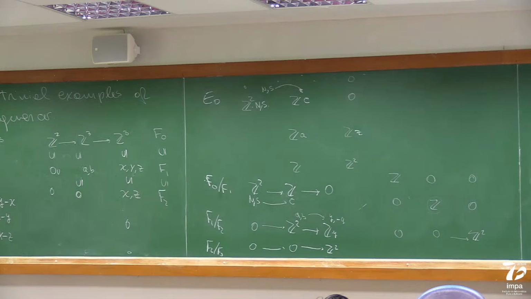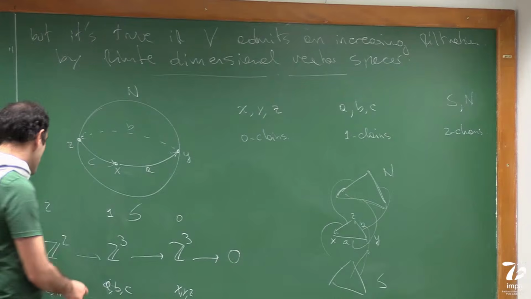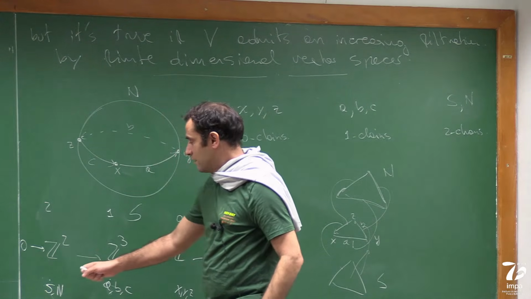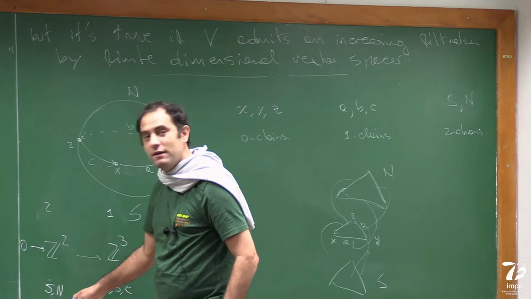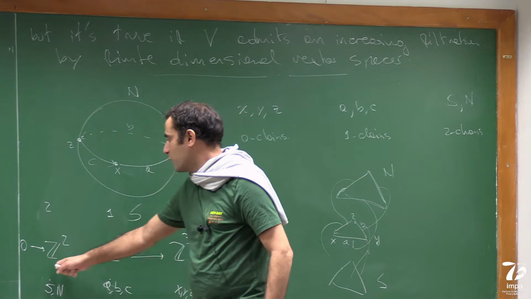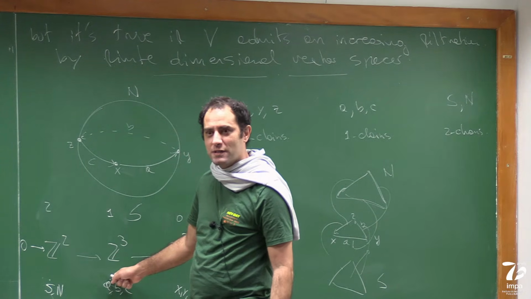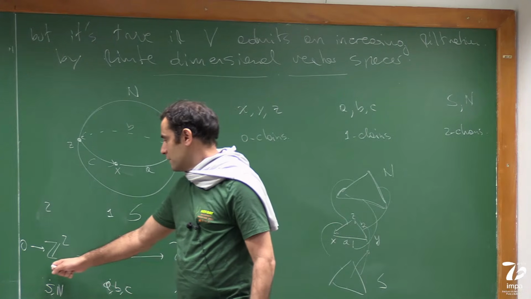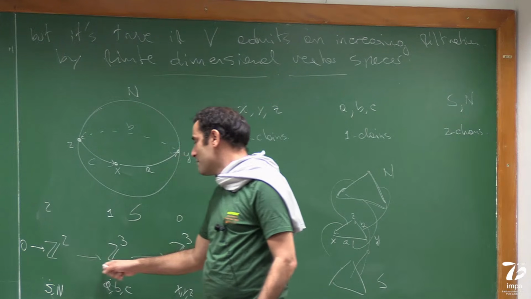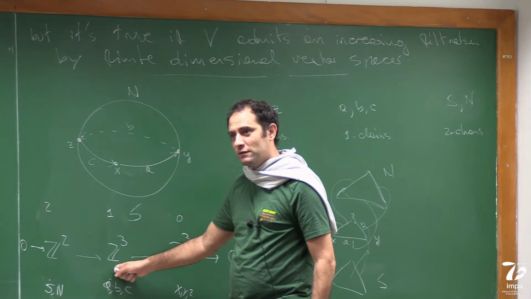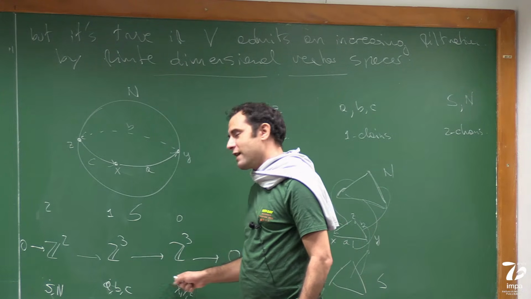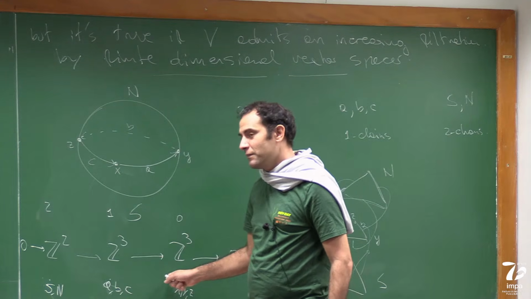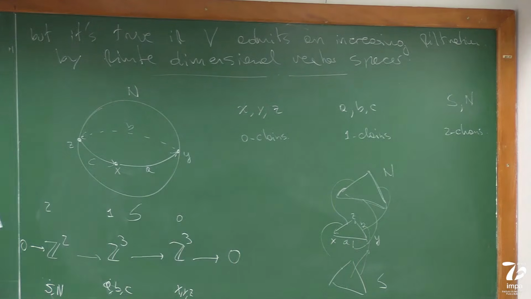We could have computed the homology of this complex to start with, because we know what these maps are, and, well, we see that S and N have the same differential, so we know that the kernel of this map is of rank 1. This is S minus N. So we know the kernel of this map is of rank 1, so the image of this map is of rank 1, and you can quickly check that the kernel of this map is of rank 1. So you don't have homology in degree 1.